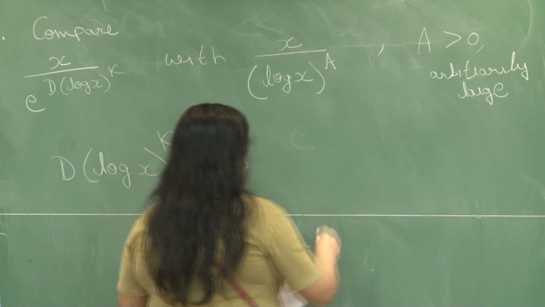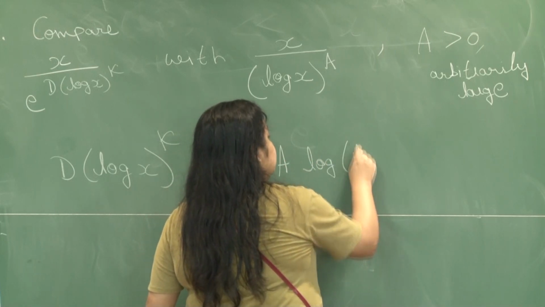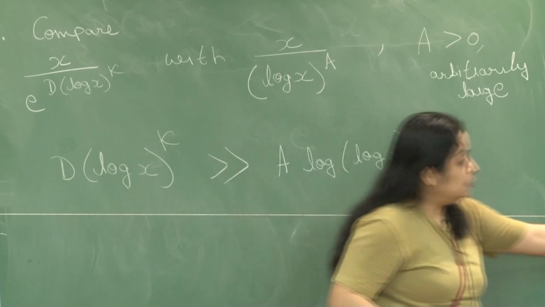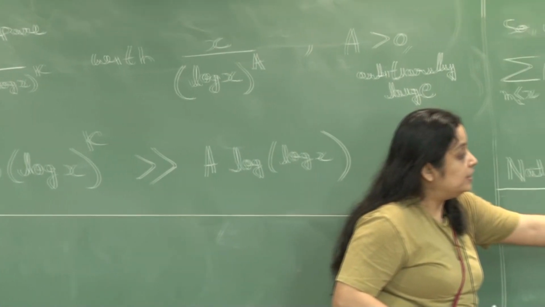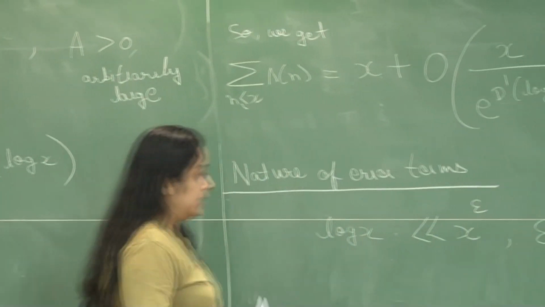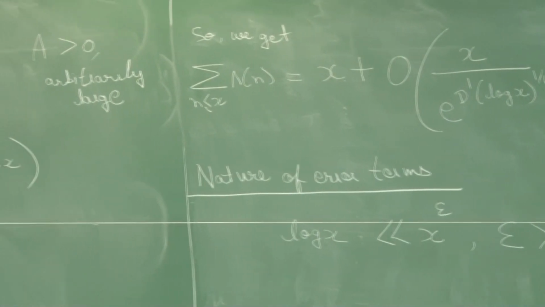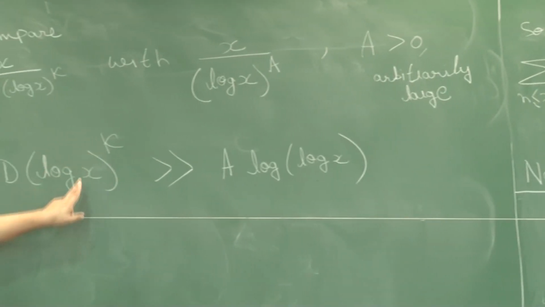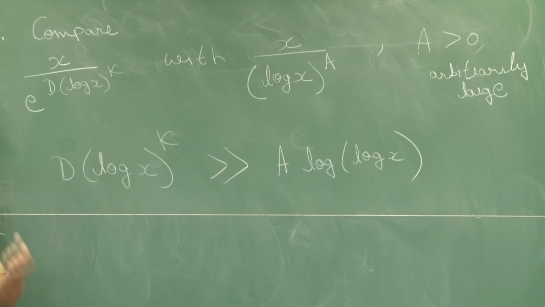bigger, much bigger than a log of log x, because we just saw here that log of log x would grow much slower than any power of log x. So, this is what we are saying here, log of log x is going to grow at a much smaller rate than any positive power of log x, even if that power is very, very tiny. And therefore, this tells you that